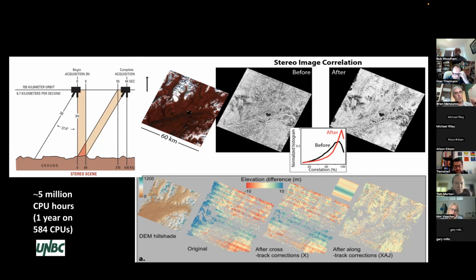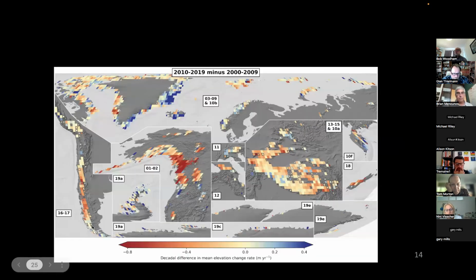And so these all needed to get processed. Working with Romain, we used a high performance computer here at UNBC and ran it for one entire year. I didn't feel as guilty as other places because we're hydropower, whereas it would have been a lot of energy consumption in a place with fossil fuel use. But this allowed us to do the computation that was needed.